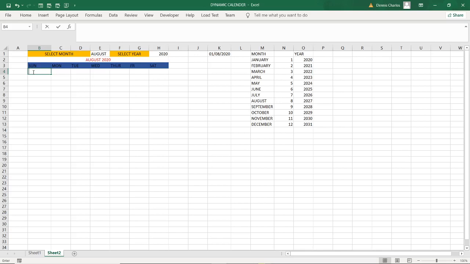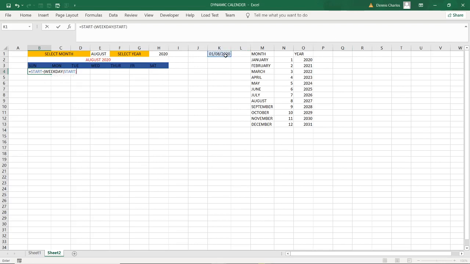So for me to use the function here, I say equals, then I talk about start, because I've used this point as start, then I say minus, start minus, I open the bracket, then I say WEEKDAY of start.